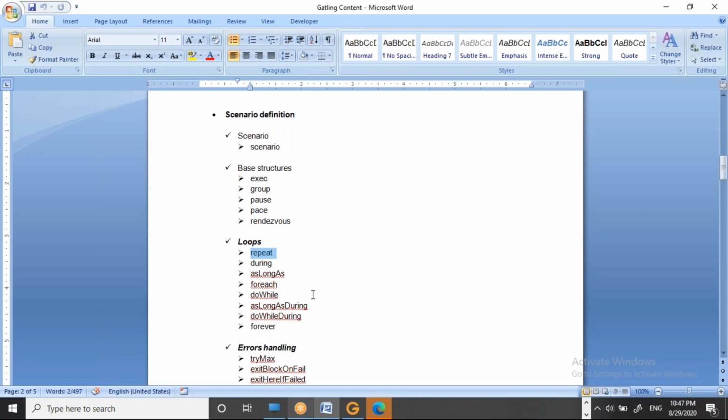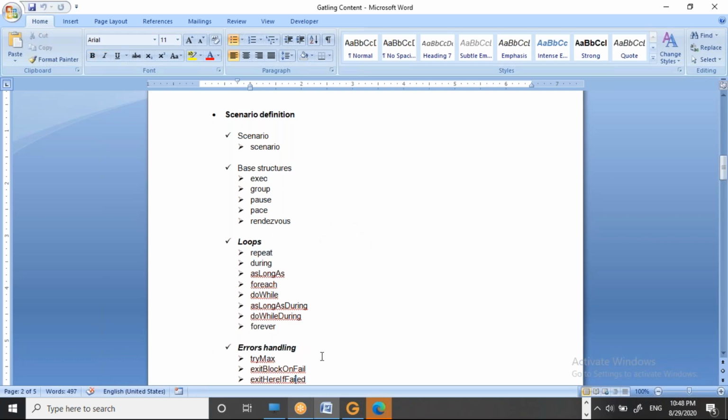There is one scenario where you have a POS machine. POS means your payment system, in a mall, the billing system, right? In such a scenario, the user will log in the first time, then do lots of transactions in a loop, then log out. To handle such a scenario, we have to use loops. I will teach how to use loops and where we have to use them. Then we will work on that.